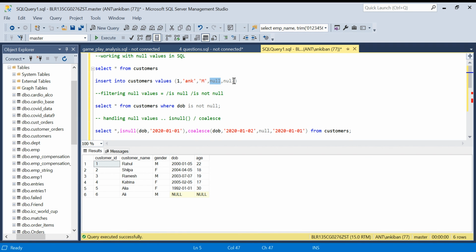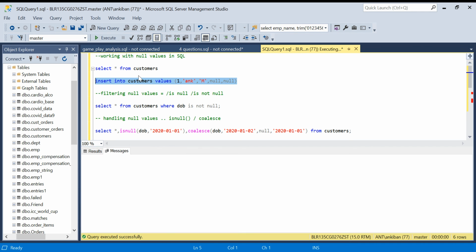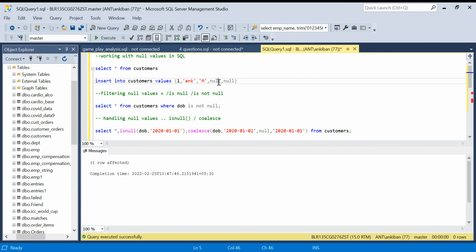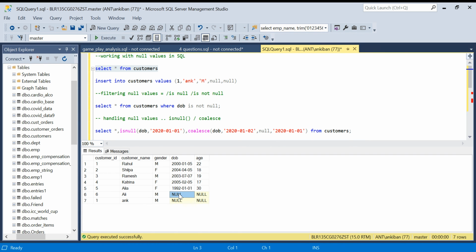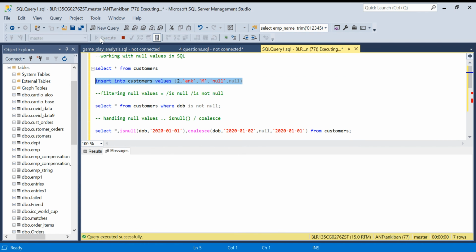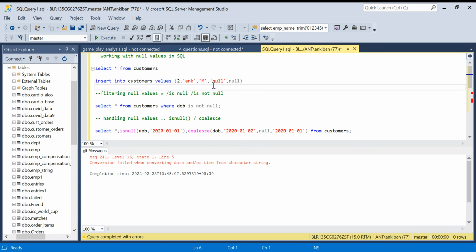You see this turned into gray. Okay, so don't put into single quote. You have to put null as it is. That's it. And if I do select star from customers, you see null values. If I put in a string, let's say I put in a string, see how it will be there. Okay, this is not a string column.